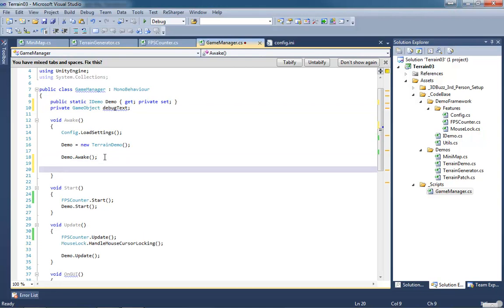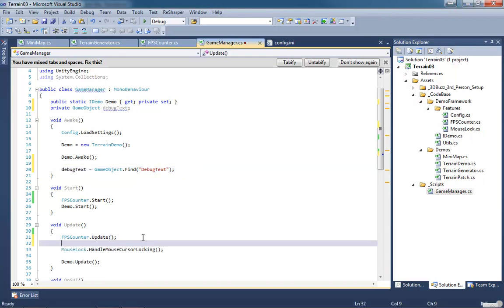Inside of here, debug text is going to be equal to game object dot find debug text, and then after the update we'll just say debug text dot GUI text dot text equals our FPS counter dot FPS. So if we hit that,